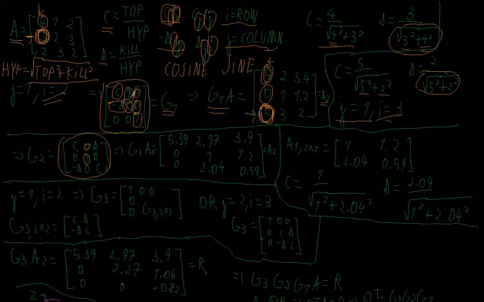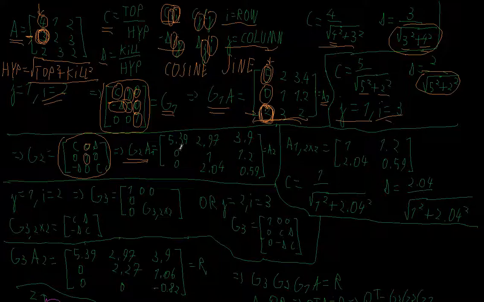Of course, if there's already a cosine in the diagonal, or suppose a sine, you won't replace it with the 1, okay? Only if there is no cosine and sine in the diagonal, you put the 1 and 0 elsewhere. Yes, so you apply your second Givens rotation to your first result here, and you get 5.39